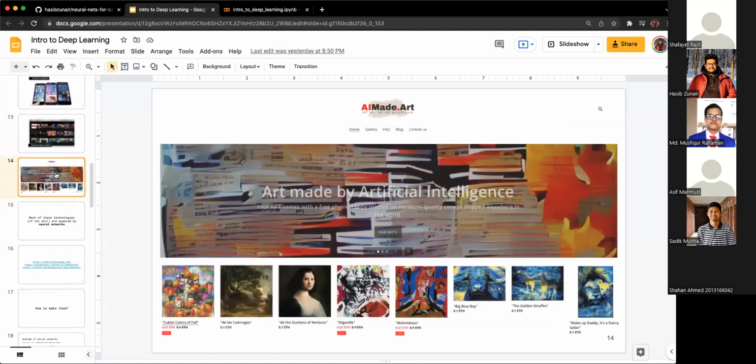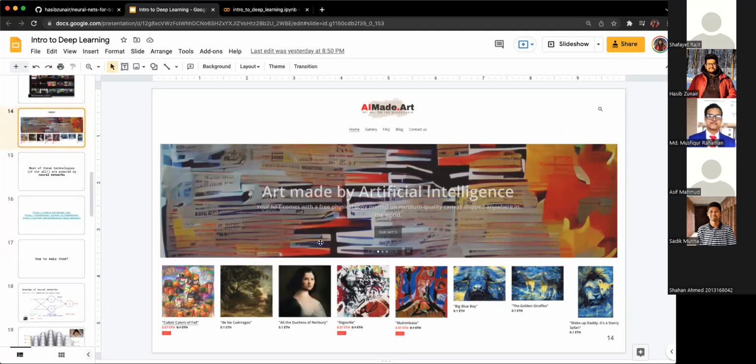There are also applications of neural nets in generative art. For those of you who are interested in art, you can learn this stuff and make art. If you look at the bottom, you can see these artworks are put up for 0.1 ETH, which is roughly about 300 Canadian dollars maybe. So there are applications in that too. You can also check out the website aimate.art to see some cool applications of deep learning there as well.